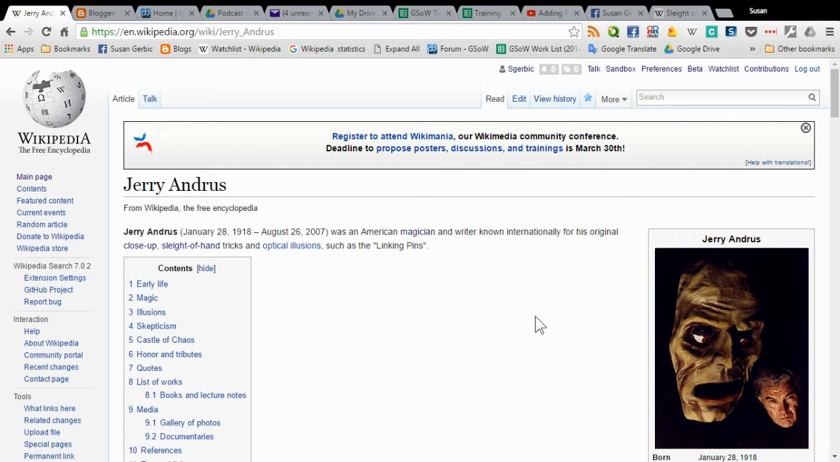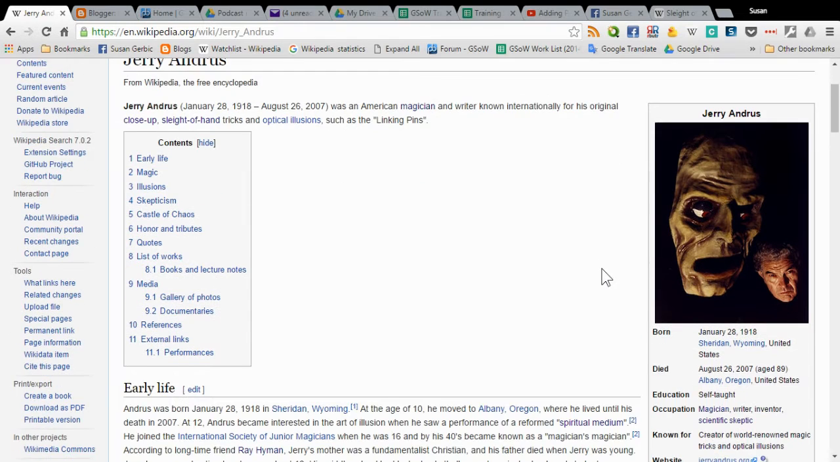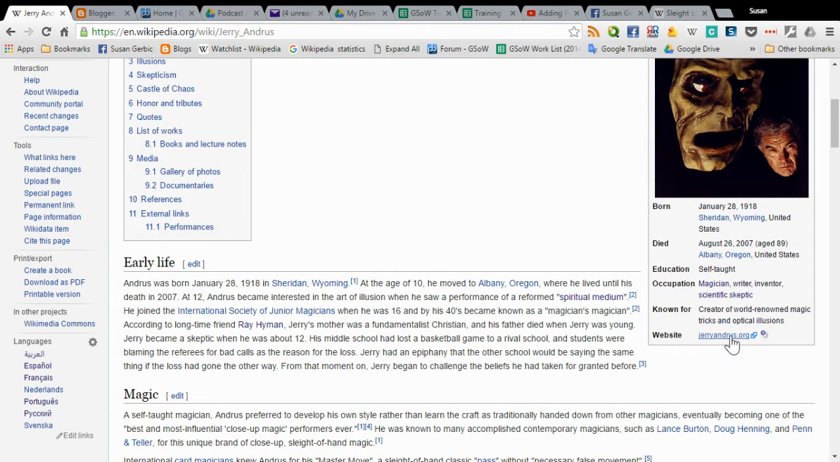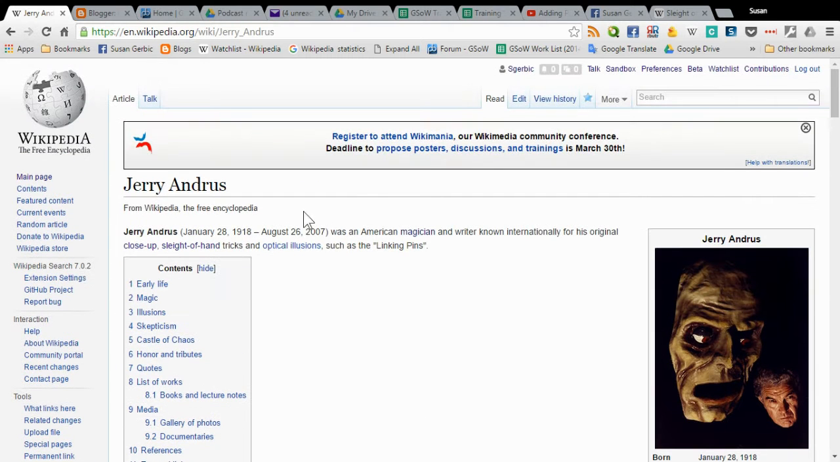Well, today we're going to talk about hyperlinks. Hyperlinks are these little blue links that are put into Wikipedia that will go to another Wikipedia page. Sometimes they go to websites. Here's one that would go right to the website for Jerry Andrus. But what we're going to really concentrate on are how to make hyperlinks on a Wikipedia page go to another